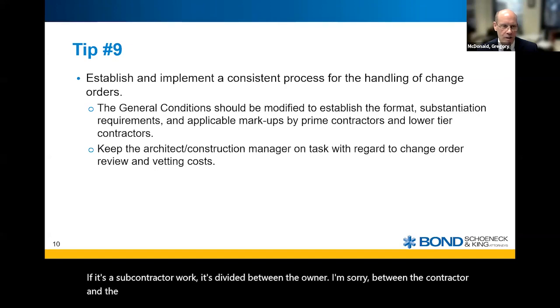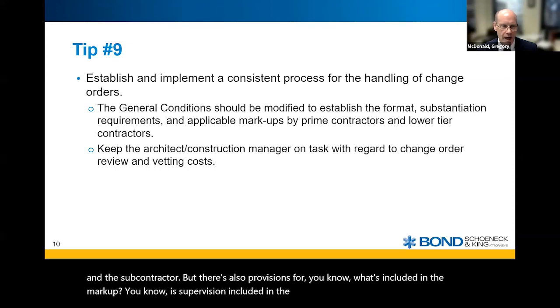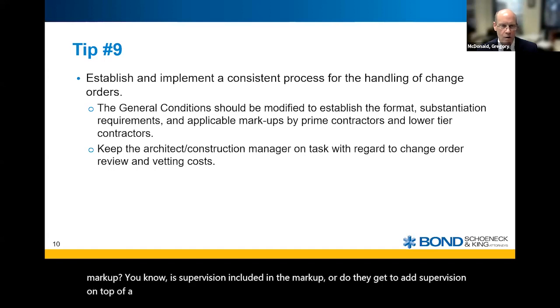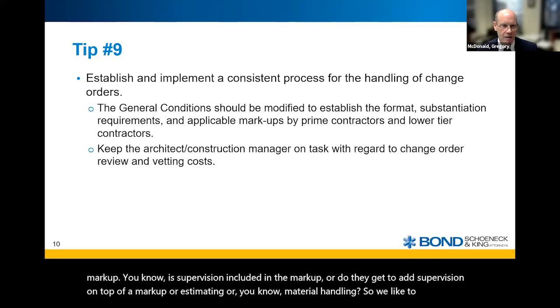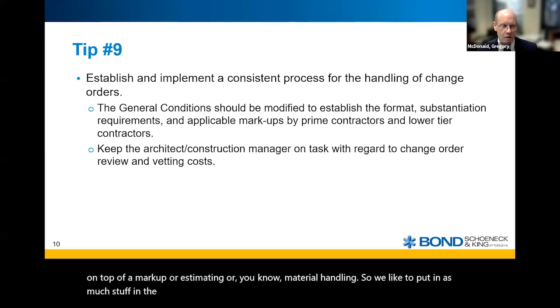But there's also provisions for what's included in the markup. Is supervision included in the markup, or do they get to add supervision on top of a markup, or estimating, or material handling? So we like to put as much stuff in the markup